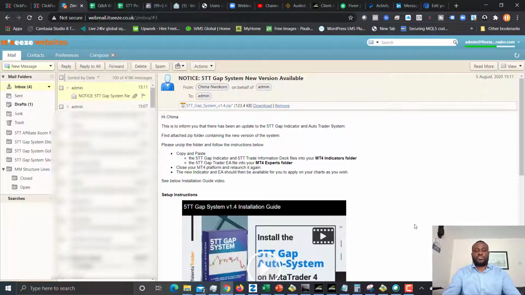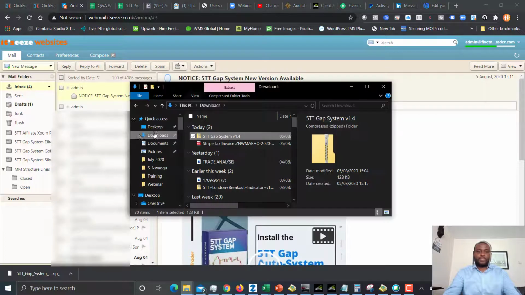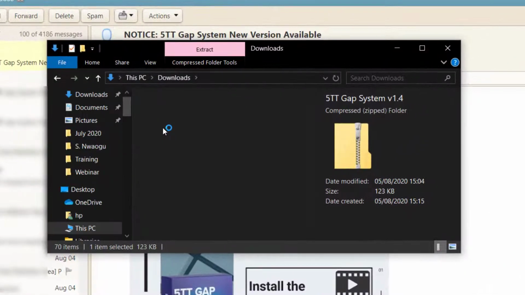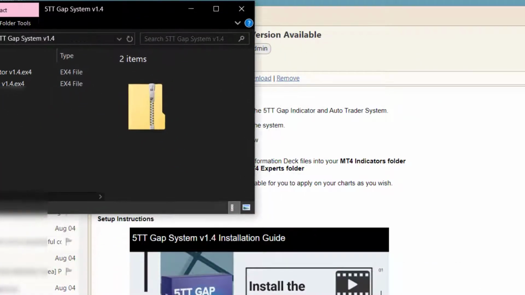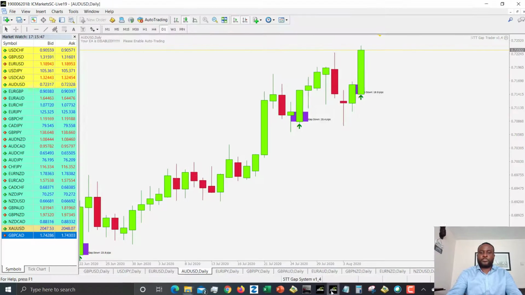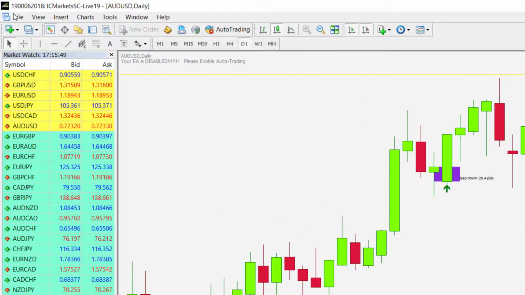So the first thing to do then is to download the zip folder. So I go to the downloads folder where it's been downloaded, and the zip file is there in the downloads folder. And then all we need to do, if you're on Windows, is double click it and it opens it up for you. Then what you want to do is get your MT4 platform, and on the MT4 platform you go to File, Open Data Folder,